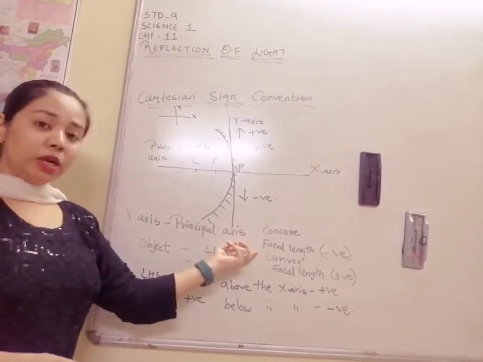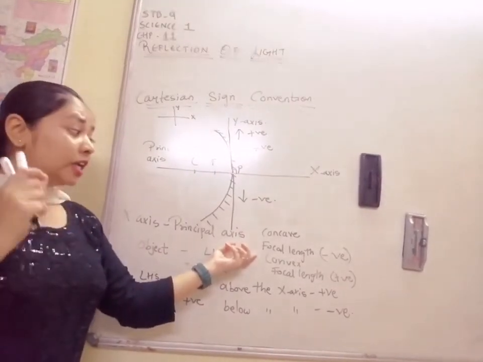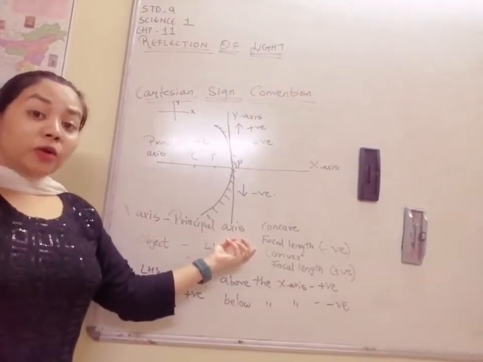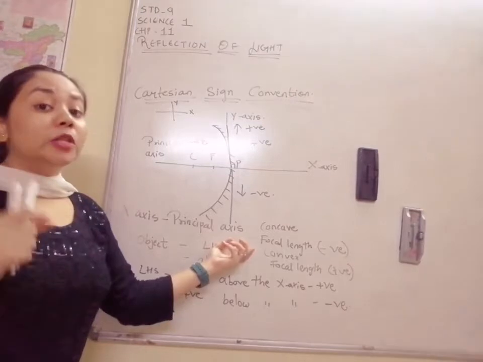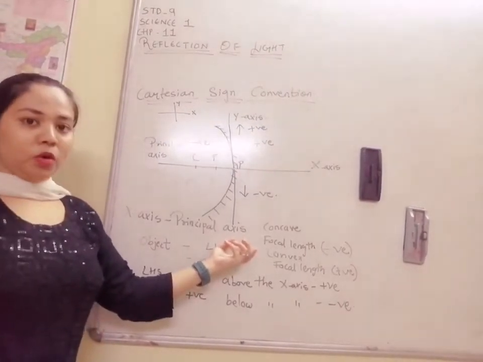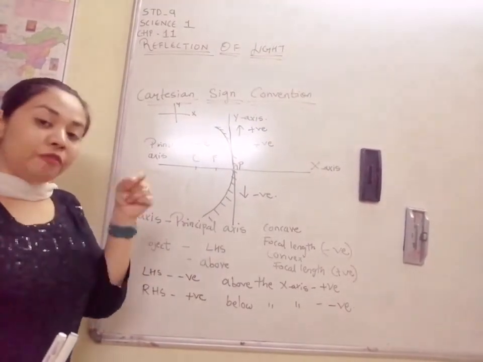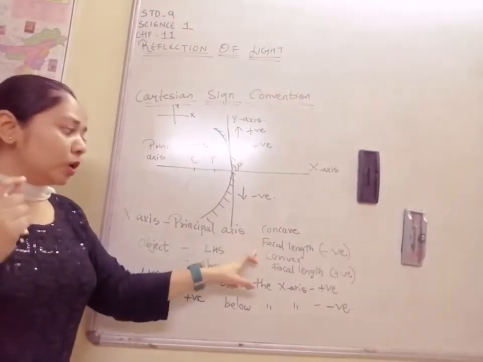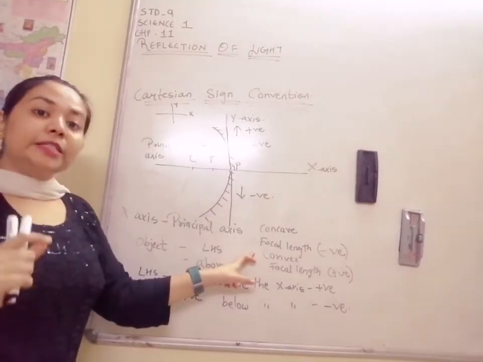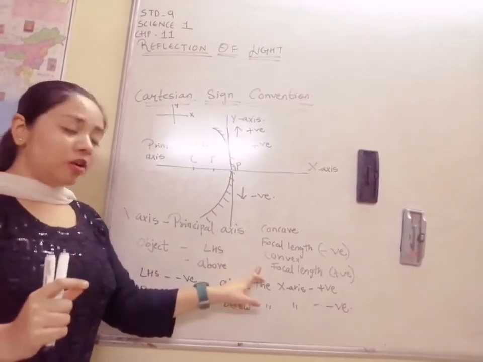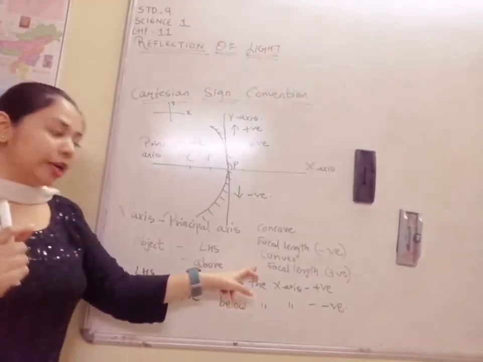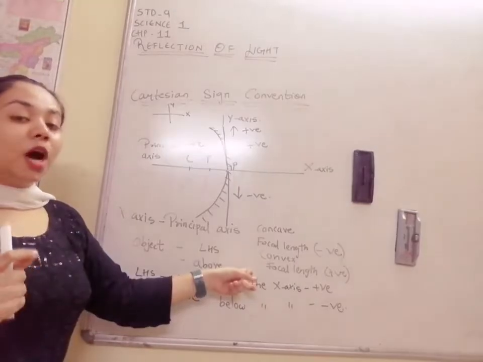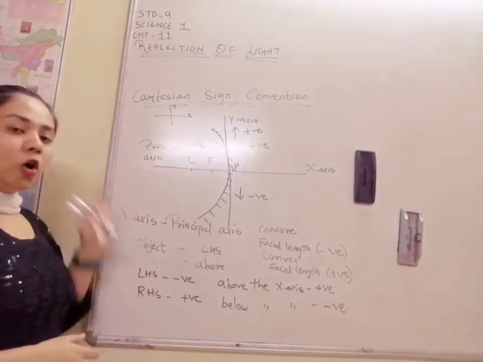While solving numericals, if it is mentioned that in a concave mirror the focal length is 15 centimeter, then without any thought you have to put f equals minus 15. They will not mention there that f is minus 15. You should know, if the mirror is a concave mirror, you will write in your data the focal length as negative only. And if it is a convex mirror, your focal length will always be positive. Okay, so this is very important while solving the sums. I hope this is clear.